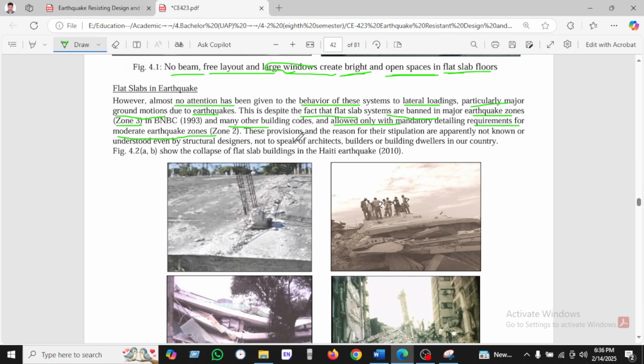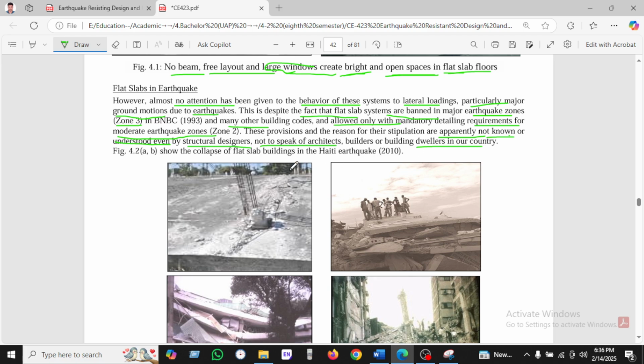These are the provisions. Their stipulations are apparently not known or understood even by structural designers, not to speak of architects or building developers in our country,